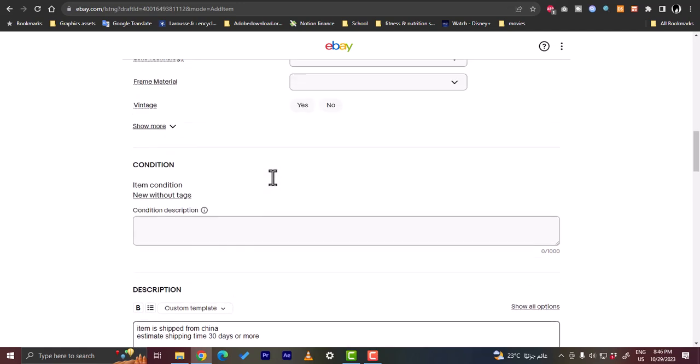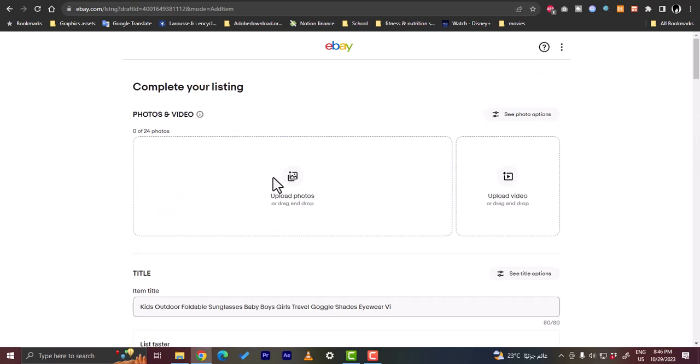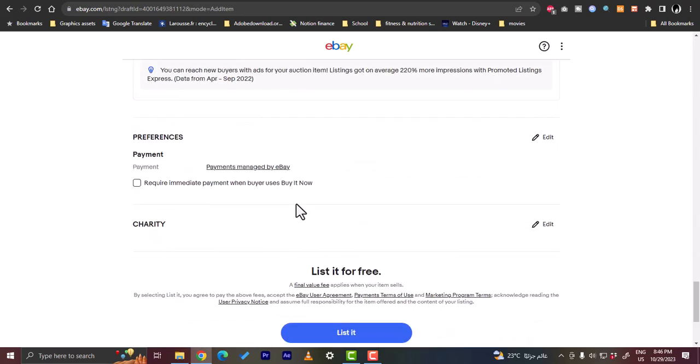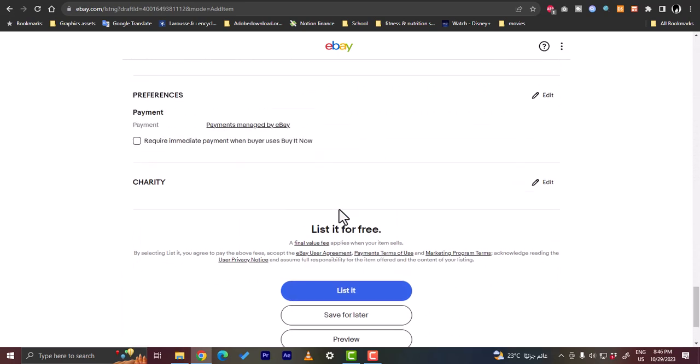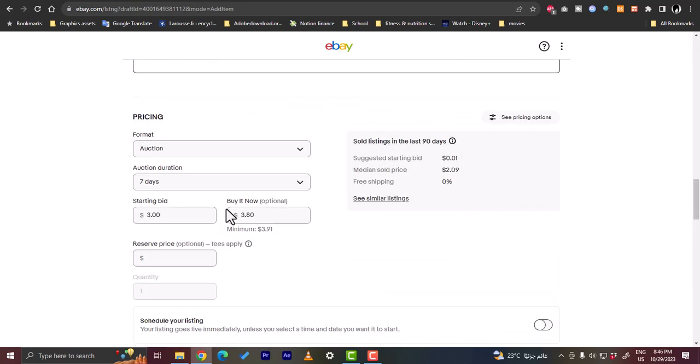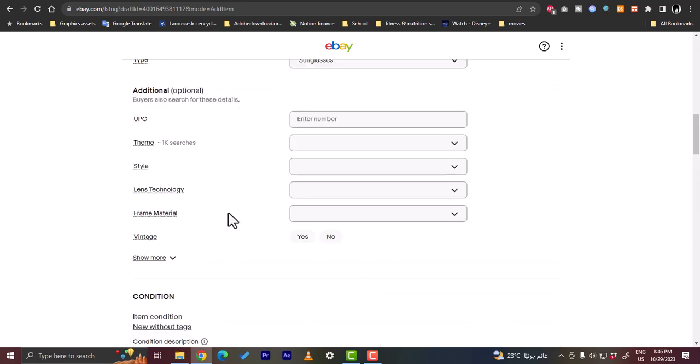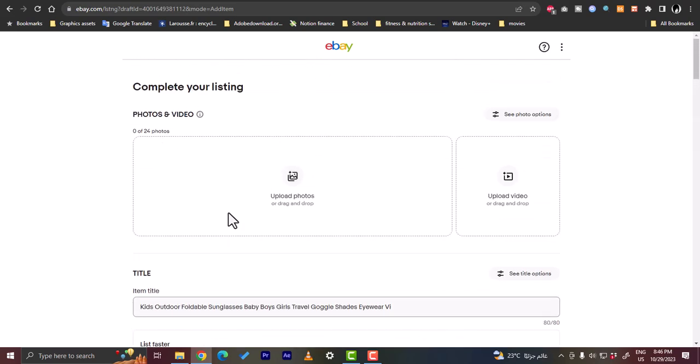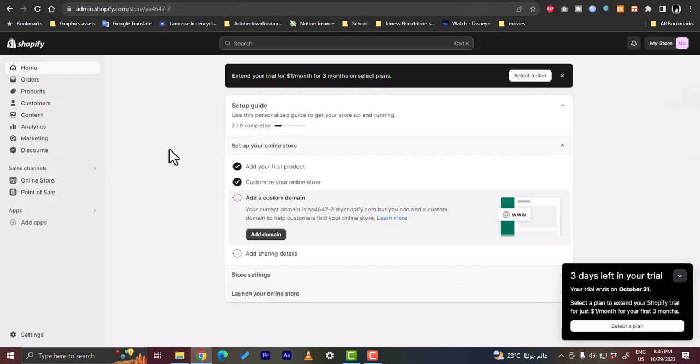So here, once you finish all the details, you can save here the item and list it for free to list the item here. So another way, or a better alternative in my opinion, is to create your own online store. So create like a Shopify store here, and you can directly, in this case, unlike eBay that doesn't accept, as I told you, directly listing items from AliExpress, you can create your own Shopify store and link